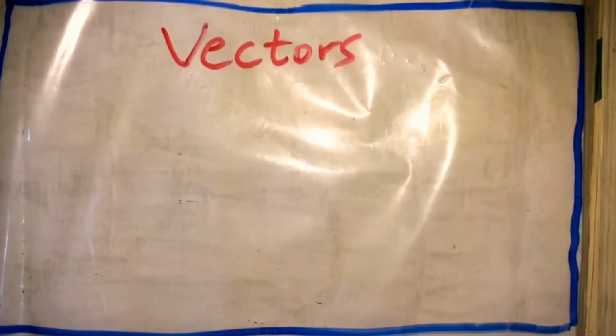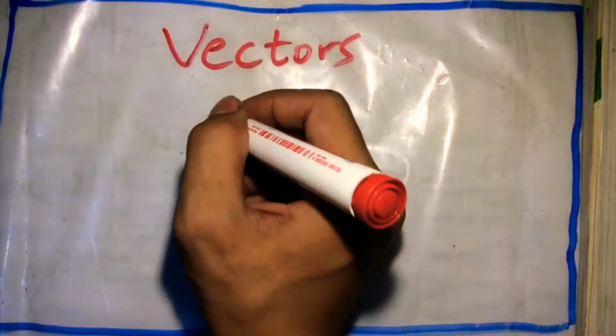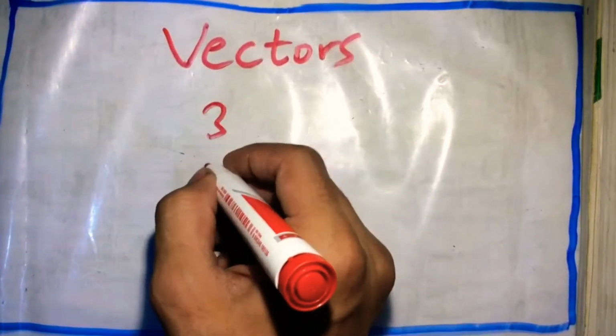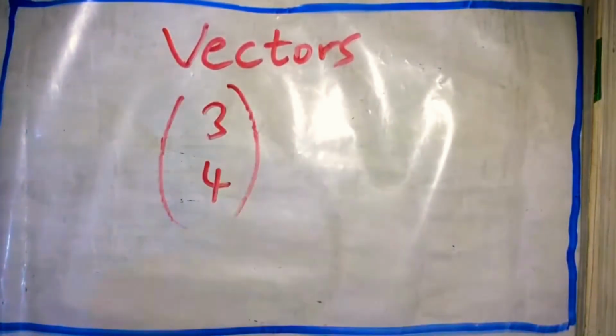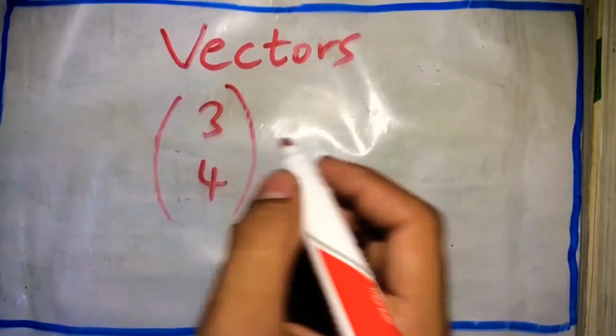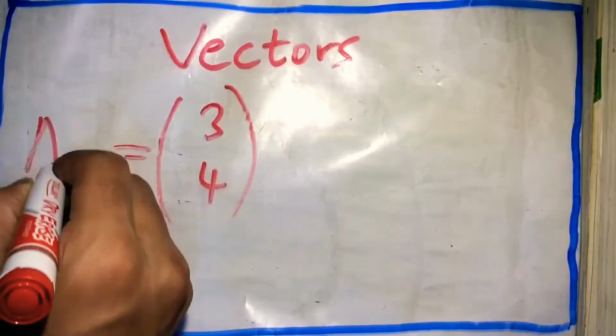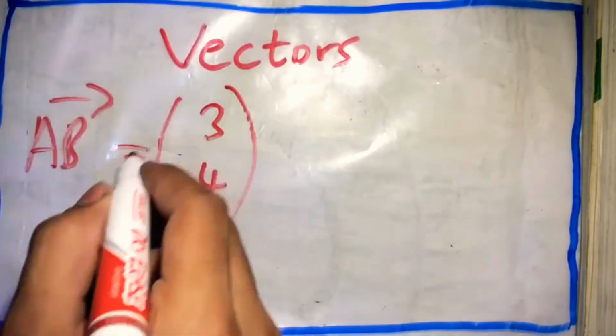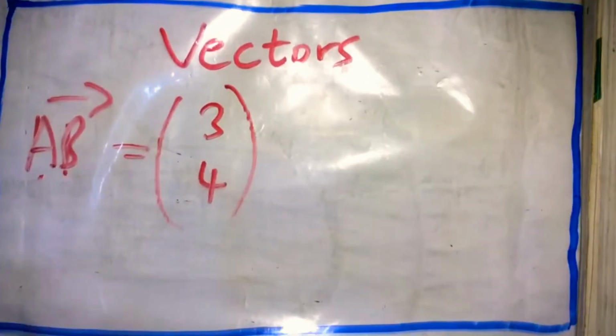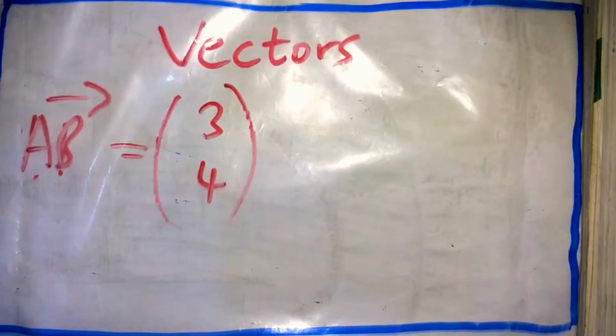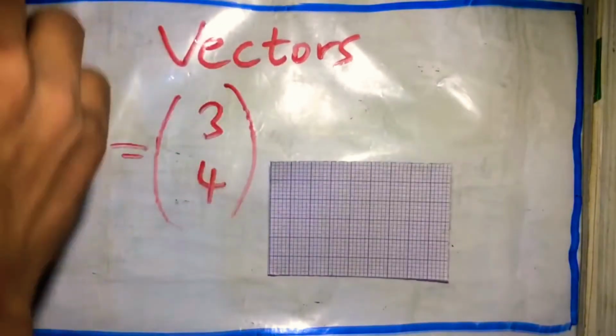Here we're starting vectors. We'll be focusing mainly on the area, but before that, let's look at a quick recap. So a vector is represented by a column matrix or a column vector. For example, (3, 4). Let's name this vector as AB. This means it starts at A and ends at B. So if we had to graphically represent this vector,